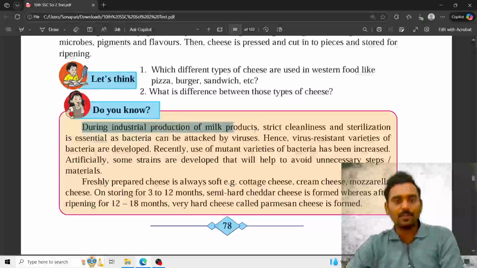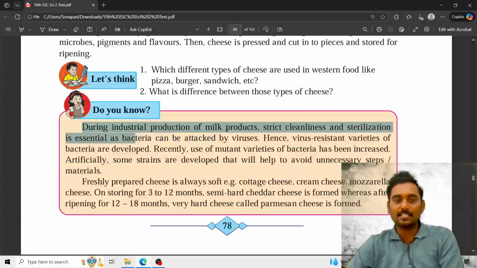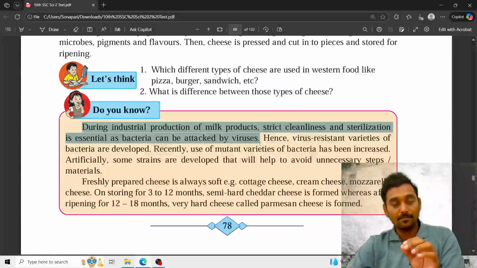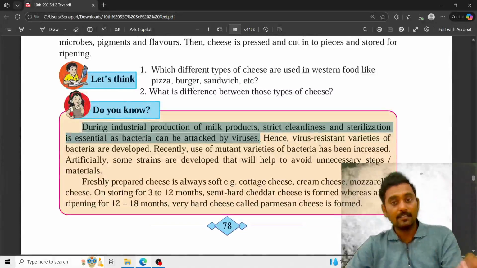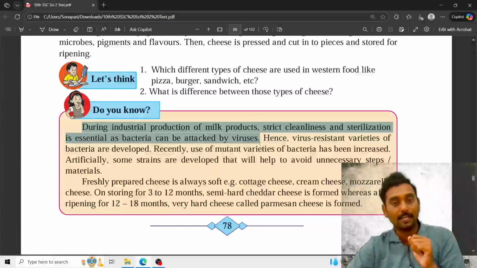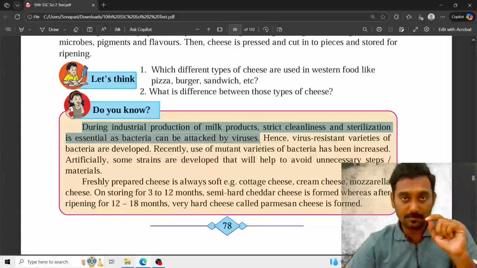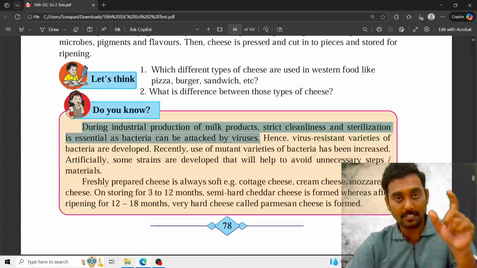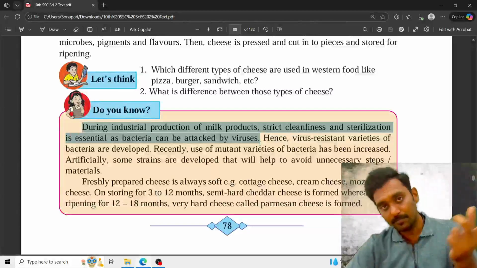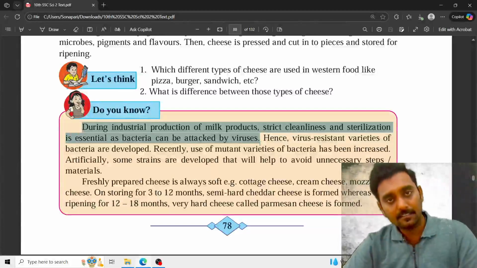During the industrial production of milk products, strict cleanliness and sterilization is essential, as bacteria can be attacked by viruses. See, previously I have said that if the cow is suffering from any kind of disease, that should be sterilized, that should be cleaned. Okay, that should be removed from the milk. Why? Because if such bacteria are present inside the milk, then some viruses attack the bacteria